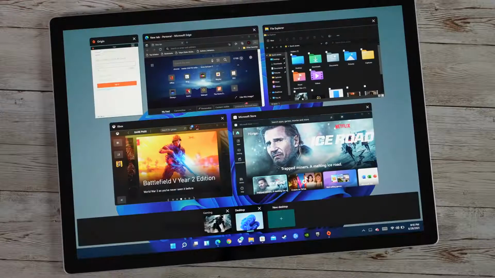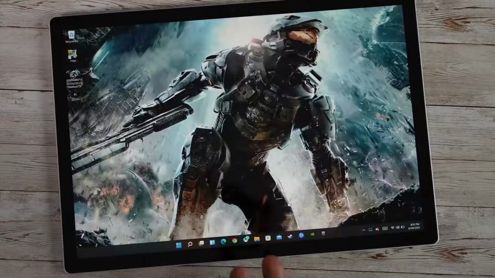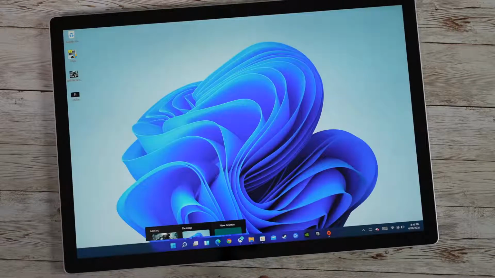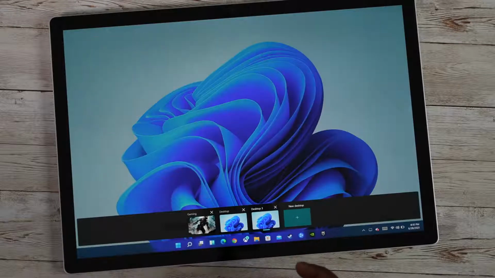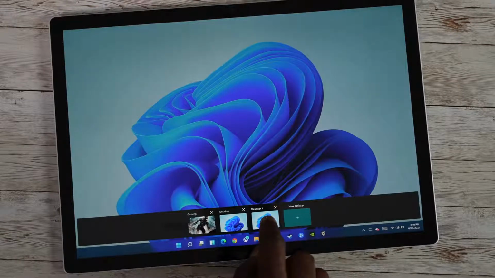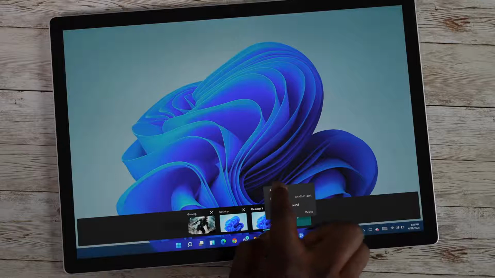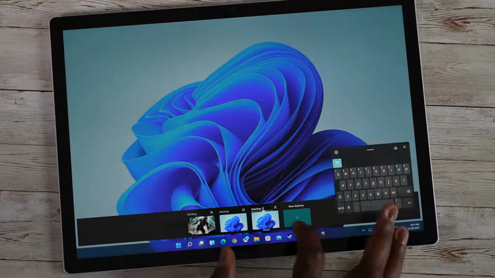Now your next button here is your desktop button, which gives you the multiple apps that you have open and your specific desktop. So I have my gaming desktop, which is strictly gaming. You can see Master Chief there. I've got my main desktop here, and I can go ahead and create a third desktop. So as I've created it, I can press and hold. If I press and hold, it gives me the options to choose the background and rename. So I'm going to rename this one. Let's call it,